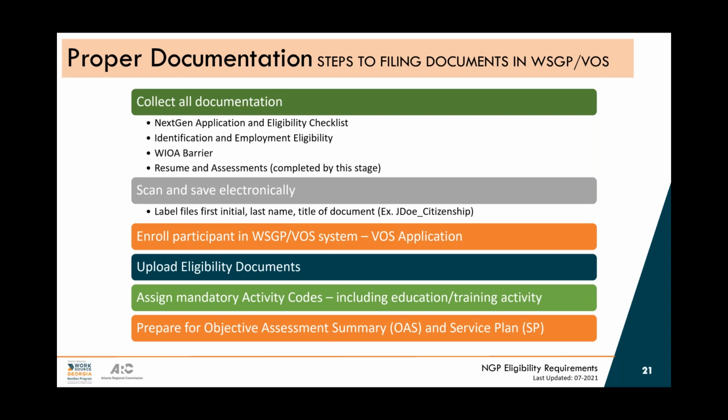You need all the identification and employment eligibility stuff, like their ID and citizenship and residence, all that we talked about. You're going to take all those files and scan and save them electronically on your desktop or wherever you store your files. And you're going to save them with at least first initial, last name, document. If you put other stuff in it, that's fine. You might want to put dates, whatever works for your filing system, but you must have at least first name, last name, and the title of the document.